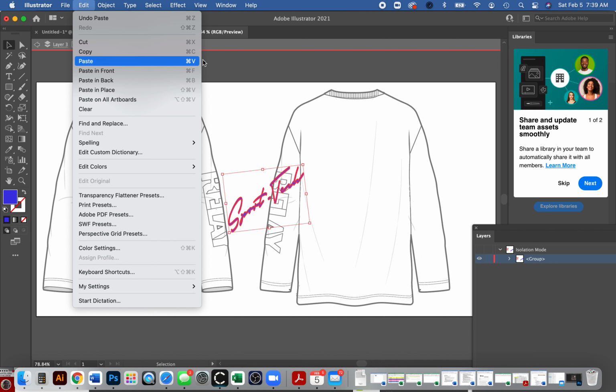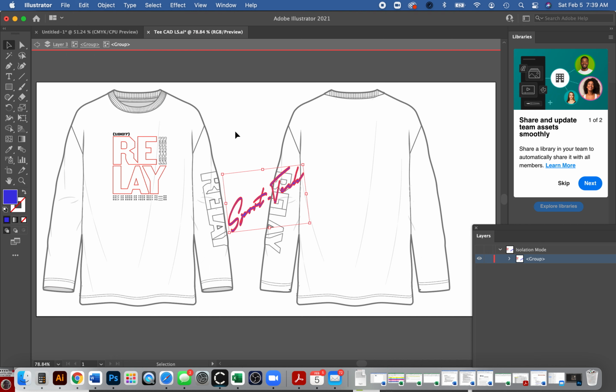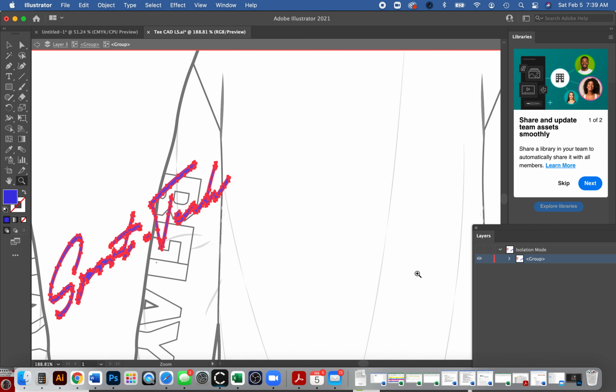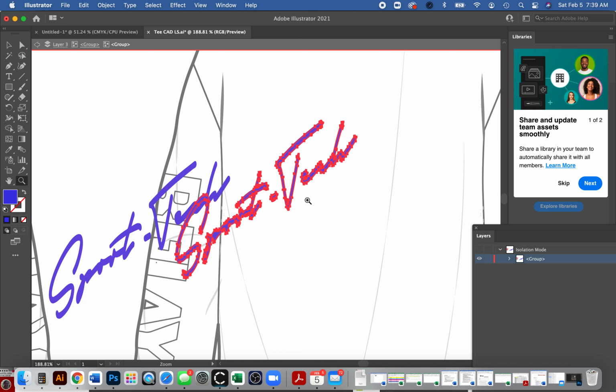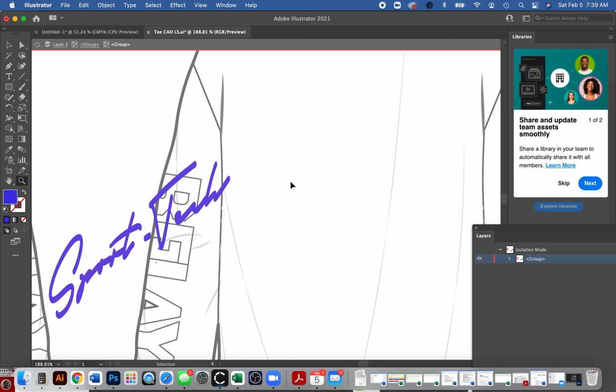Okay, so when you hit paste in Illustrator, the computer's like, well, where should I paste it, right? It doesn't know we want it pasted on the back over here. So what it did, it just pasted it smack in the middle of your view. So wherever you are zoomed in, let's say I zoom in right here, it's going to paste it in the middle. I'm going to hit Command V. See, it just pasted it in the middle, wherever you are. So that's how it defaults.